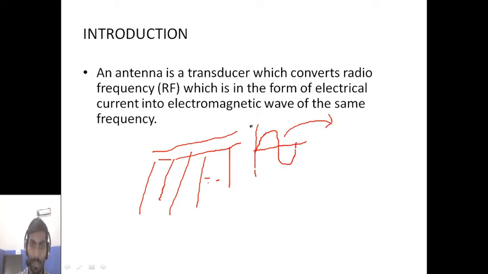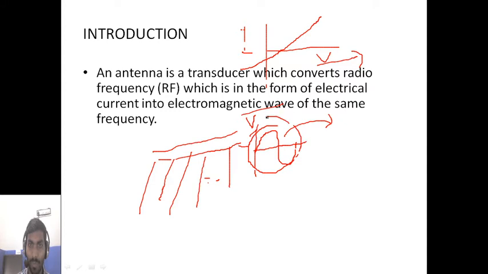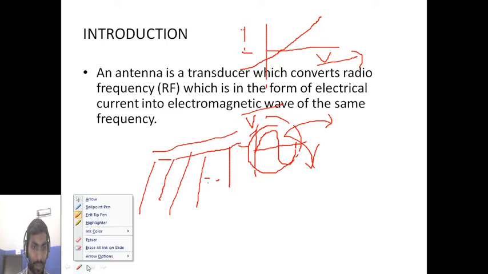I hope you are clear that if you draw the axes for this sinusoidal waveform, your voltage will be on the x-axis, and then your current will be on the y-axis. When you draw characteristics, you are going to check this, right? As your voltage is on the x-axis, your current will be on the y-axis. Here your current is going to vary, so I am going to say this is my alternating current.